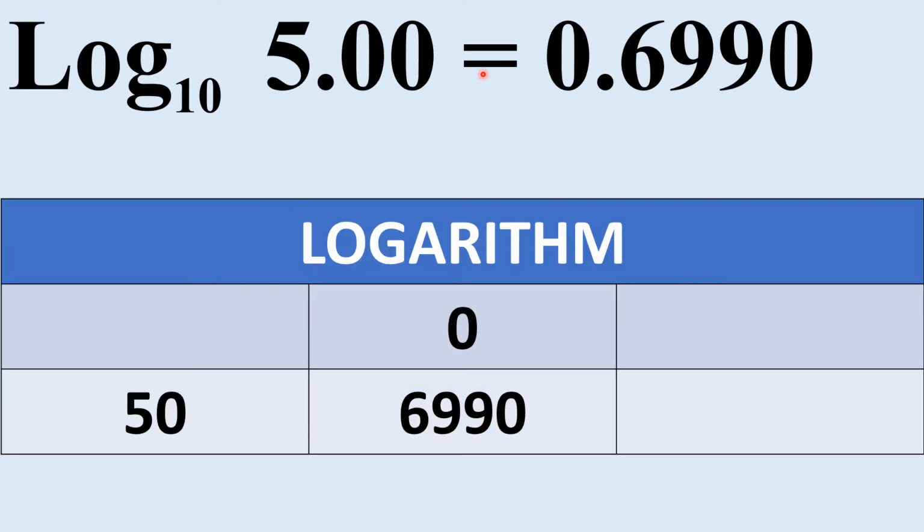The value of log 5 is 0.6990. On the left hand side of the decimal we have one digit. From that one you subtract 1. So 1 minus 1 is equal to 0. So this 0 is the characteristic. After the characteristic decimal, to write the mantissa, in front of 50 under the column 0 in the logbook you have 6990. That 6990 you write on the right hand side of the decimal. Thus the value of log 5 is 0.6990.